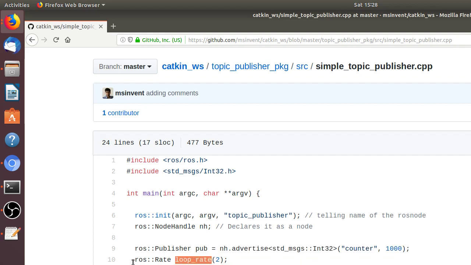And then this is a functionality that I'm using from ROS. So every 2 seconds, run it at 2 hertz. I think 2 hertz. Yeah, this is like I want to loop at 2 hertz,